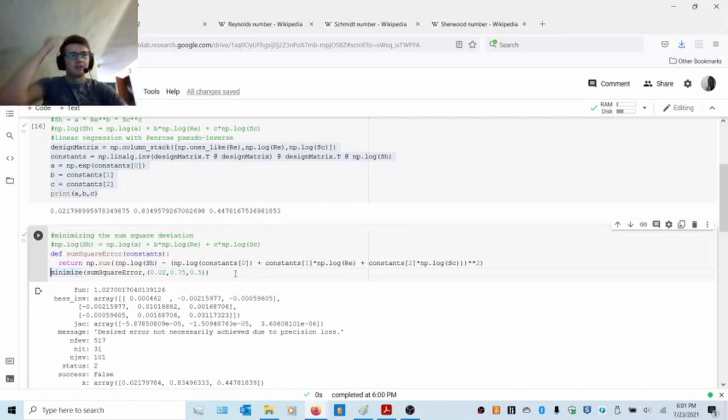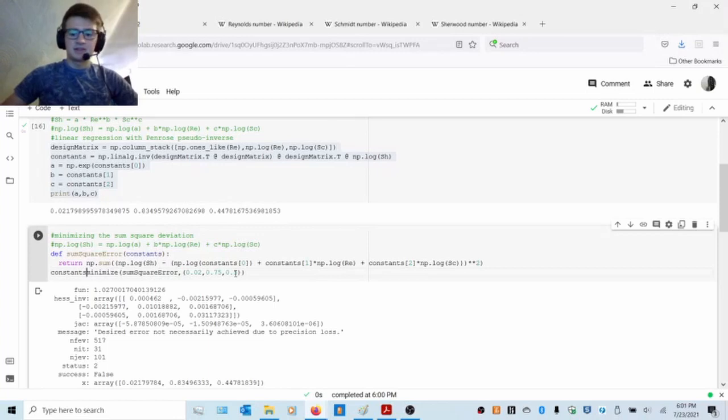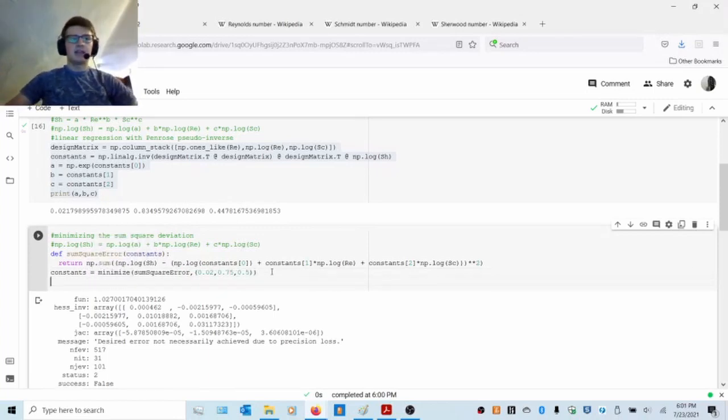So we have this minimize function. Let's go ahead and set that equal to constants. I know I'm getting caught up in the name of the variables, which I shouldn't, but I do. I like my variables to be correct. Constants.x